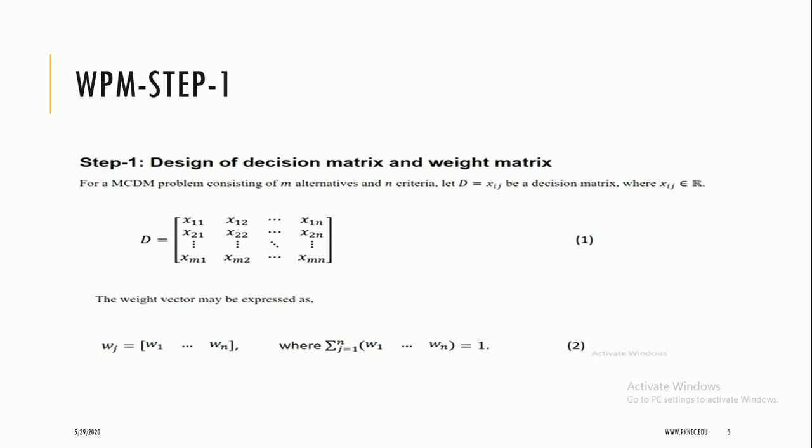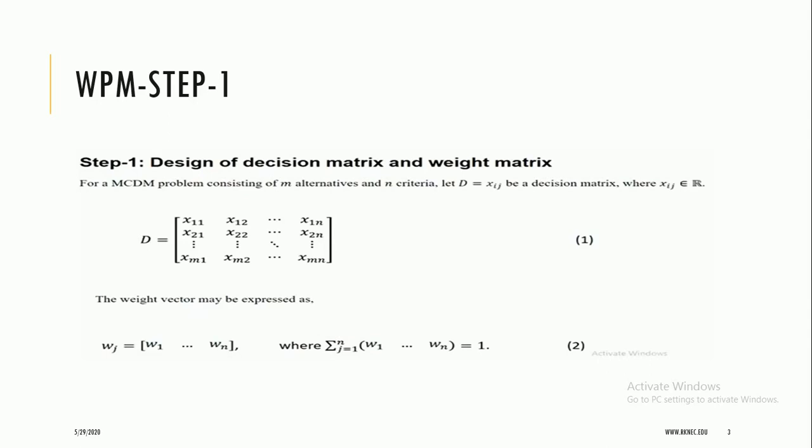Here again, for the sake of simplicity, we are using the same old normalization technique that we adopted in the previous example. The weight vector will remain the same, means all the weights will have the same value 0.2, and we know that the sum of all the weight values should be equal to 1. So do take care that whenever you have a weight matrix, you check this simple thing: all the weight values must sum to 1, irrespective of their values. It may be 0.5, it may be 0.3, it may be 0.1, but the sum should be equal to 1.